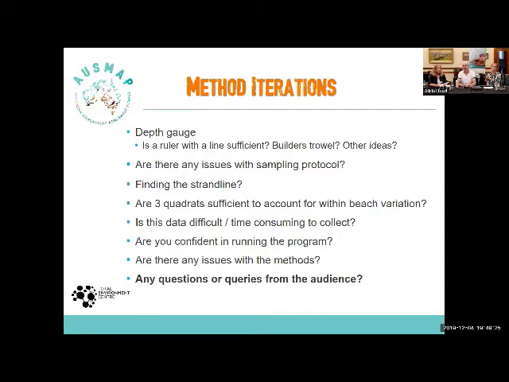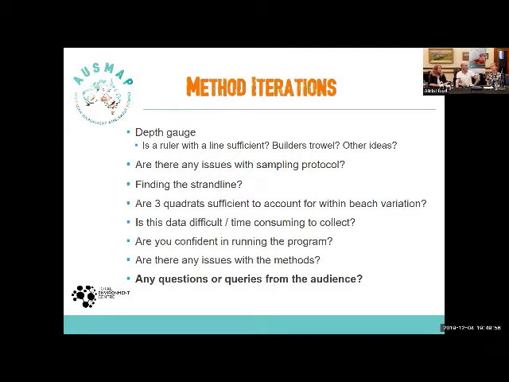In terms of the rationale, it is based on a standard protocol that is being used internationally, and that's why we've tried to keep it as close as we can to that method. All those things of why we're sampling just the strand line and using quadrats of certain sizes and the depth, for instance, are all based on those standard methods.